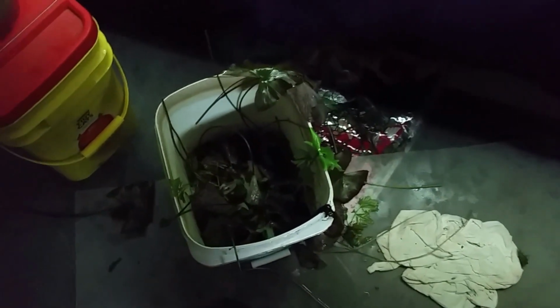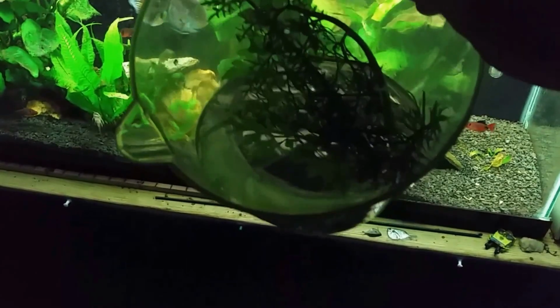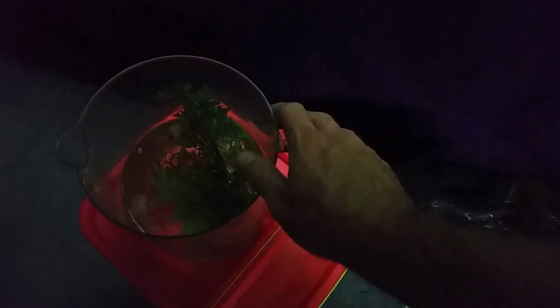So here's a little bit of a look at some of the stuff I pulled out of there. I know it's a big mess. Half of it missed the bucket and is all over the floor. But the bottom of that bucket is all the water sprite. And then, of course, you can see all the leaves from the red tiger lotus lying there, too. And then this container here is all some of the water sprite that was sort of sticking up out of the water, and it was fresh new growth, and it was the stuff that is going to be least likely to have very much